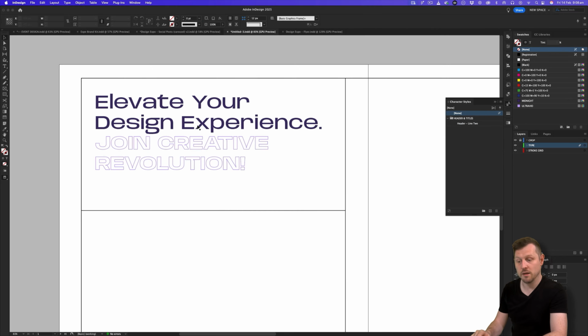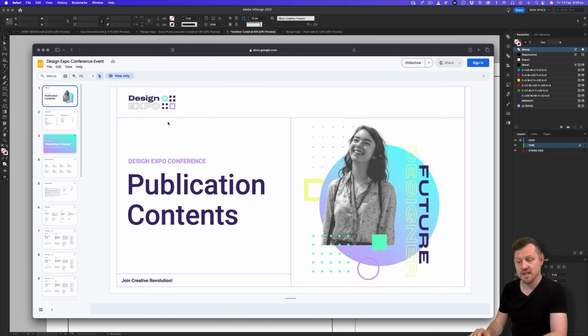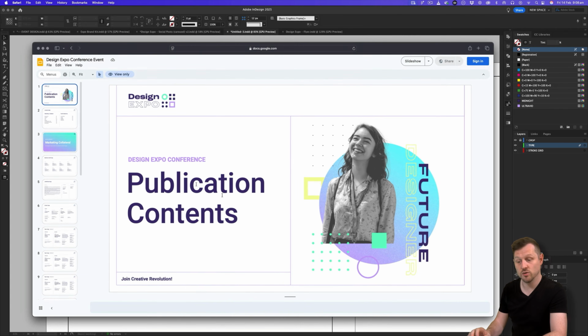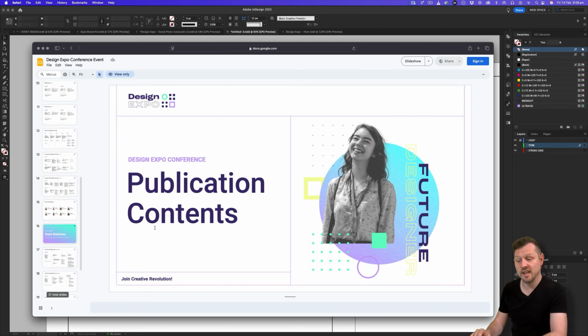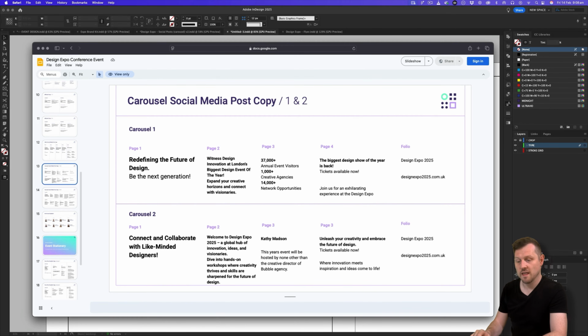So with my text sample in place, I'm now going to change it. To do this, I'll come into the Design Expo content deck. This is a content deck that has been created to help you follow along with all the tutorials in this course to get hold of all the text. If you want to get hold of this content deck, click the link in the description or click the link in the course PDF. So I'll come to the page for the Carousel social media posts, select the top line for post 1,